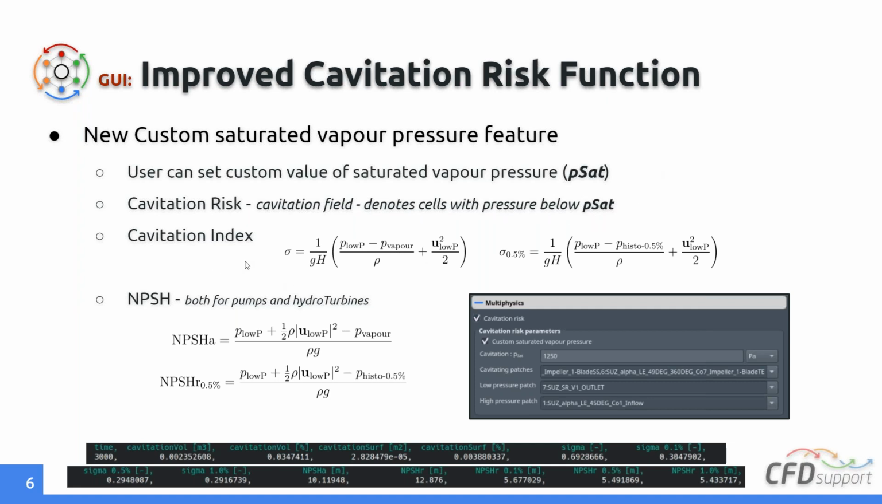Then we have redesigned the cavitation index. So the cavitation index is evaluated in a more proper way, and we also implemented, based on a suggestion of one of our users, this histogram feature. The cavitation number is based on the vapor pressure, and in the CFD field, it was evaluated by the minimum value of the pressure at the given part of the domain, typically on the rotor patches, for example. So now you can pick on which patches this minimum or histogram pressure value will be